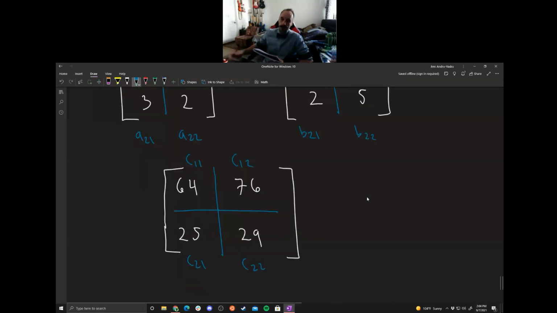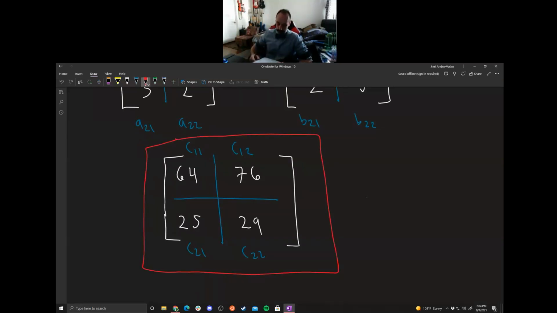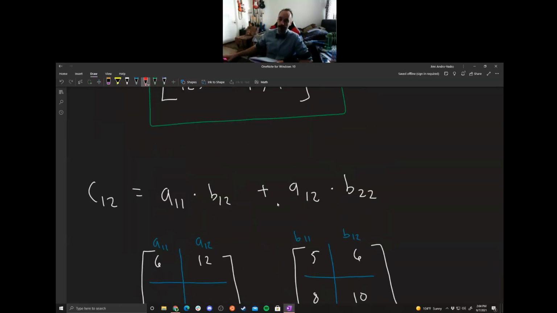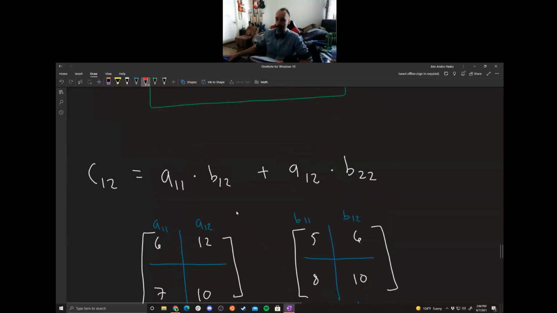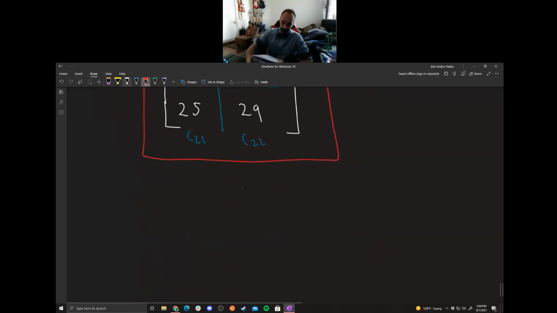So this red matrix, we're going to box it in red now. This is going to be the result of multiplying A12 by B22. So we have this matrix and this matrix. Those are going to be this result and this result. We have to add these up to get C12. So I'm going to have to add the red matrices up. And the result is going to be